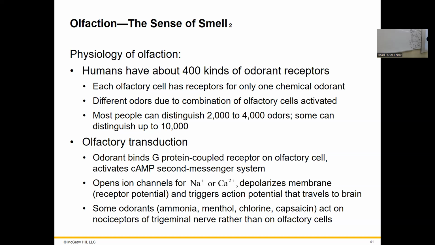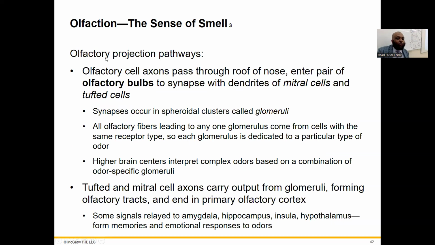Now we're going to be looking at the odor projection pathways. Okay, so let's look at the olfactory, or the odor, projection pathways. The olfactory cell axons are going to be passing through the roof of the nose, through the cribriform plate,